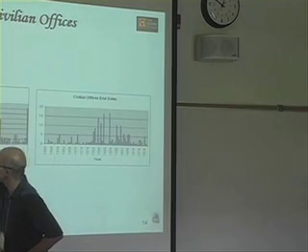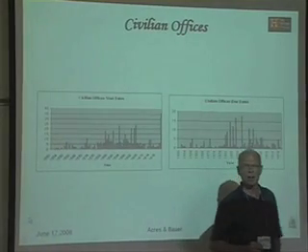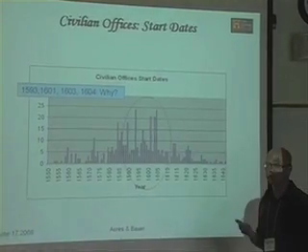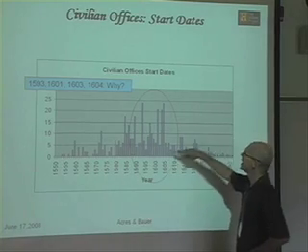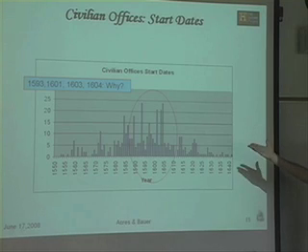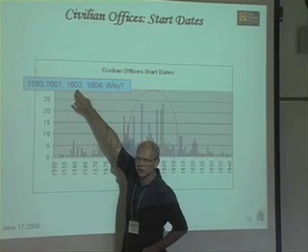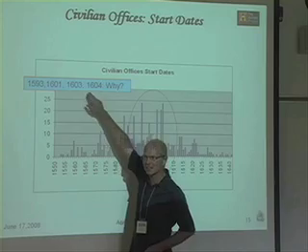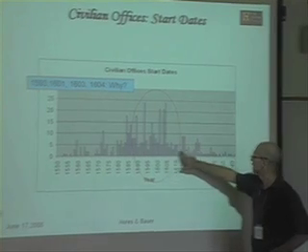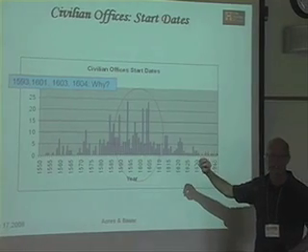The start date, similarly, I think our first person's 1554. These people, incidentally, get their first civilian offices under the reign of Mary and Philip II of Spain. So they're clearly Catholic, and clearly well disposed to that. But nonetheless, a lot of these guys are able to stay through. Civilian office start dates, this is a coring in. I'm not really sure why these 4 years are so important, but I hazard a guess that when James the First came to the throne, he started giving offices away like crazy. So you can see that the captains who lived and had some glory were right in line to make good on their careers. Elizabeth I was very, very stingy with offices.